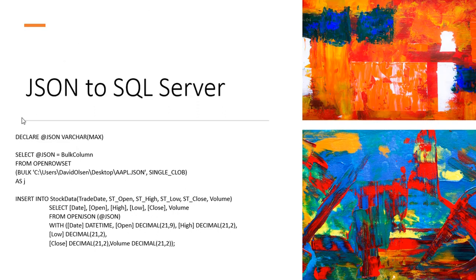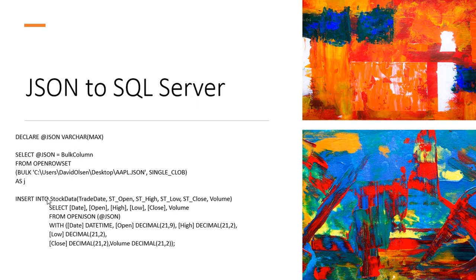So we declare a JSON variable. It could have said anything, but we put @JSON and we put varchar max. Then we set that equal to, and what we're going to do is find a file with the JSON data in it. So we use BULK column, and then we use OPENROWSET, and we identify where the Apple JSON file is. And so now that is going to be the variable @JSON,